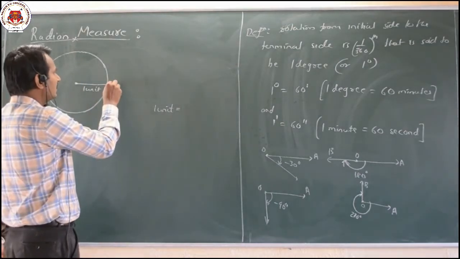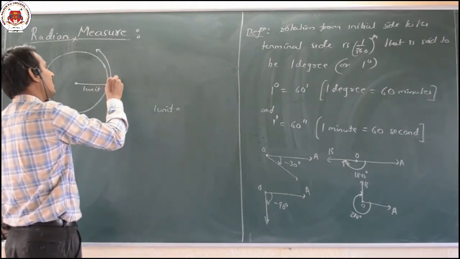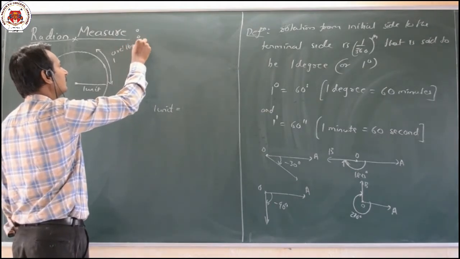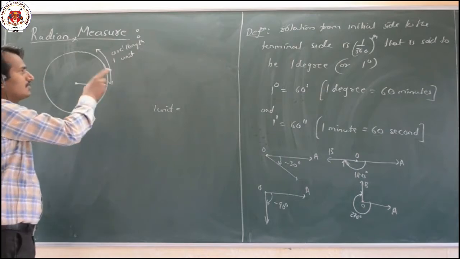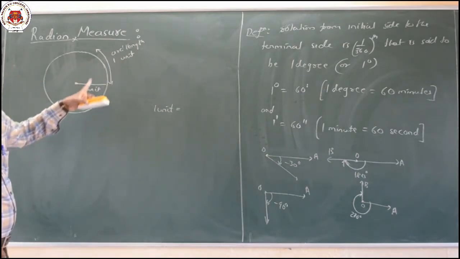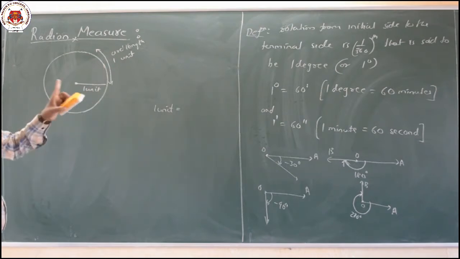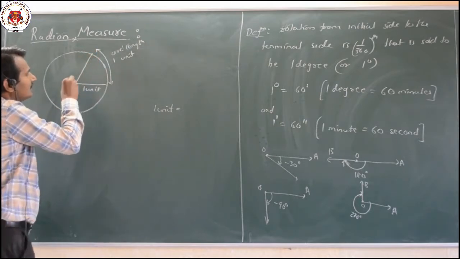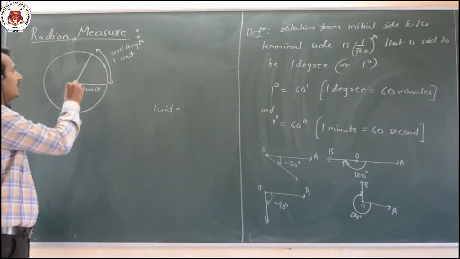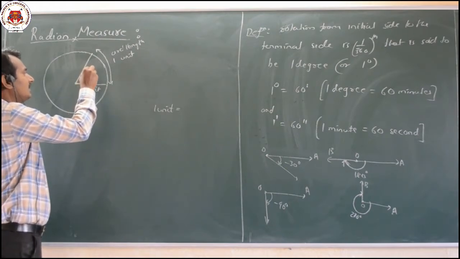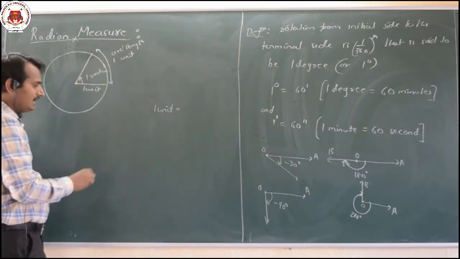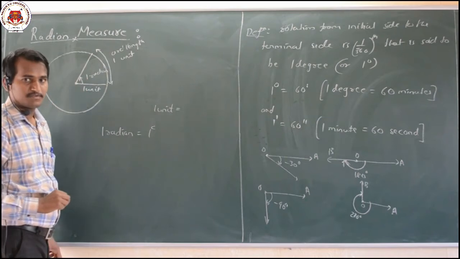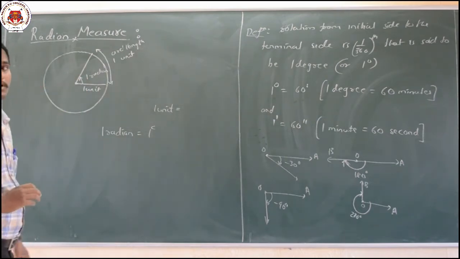And one more thing, I will take an arc length of 1 unit. Here both the units should be the same, either both in centimeters or both in meters, or both in anything. So here we have to observe that it is our arc length. So here this particular arc length, how do we define it as 1 radian? This particular thing we define as 1 radian, and we denote 1 radian by 1 to the power of c.